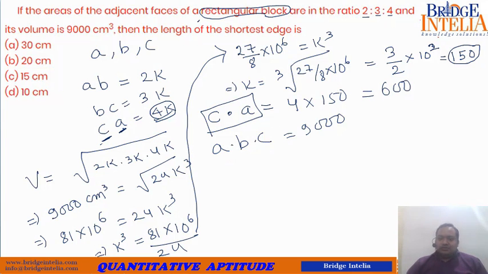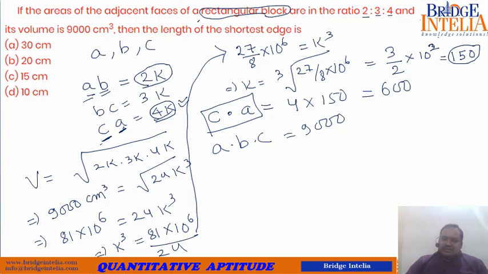So if you want to find the height of the shortest edge, please understand, it is evident from this that the shortest edge will be either A or B, because if the value of the surface area is highest for this, that means at least one of the largest edges was involved here. So if you are looking for the smallest edge, it can be found where the product is smallest. So either A or B.